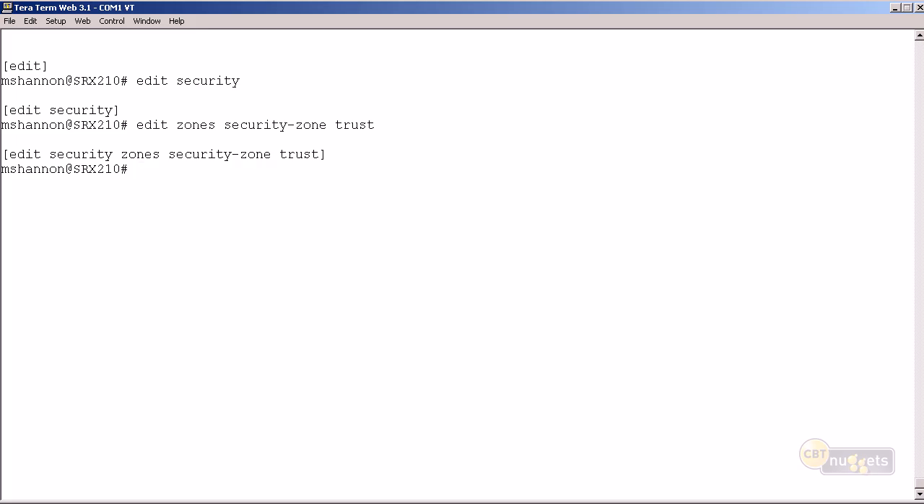So notice that we're in the edit security zones, security zone trust context now. So we're going to set an address book entry, and the address object is going to be Nugget Lab NLPC001. Okay, so I've got, let's say, asset tags that I've stuck on all of my workstations and servers, and of course maybe I'm using a spreadsheet and I'm matching this up to the spreadsheet of assets in my organization. So Nugget Lab PC001, and then the IP address that one's going to have is